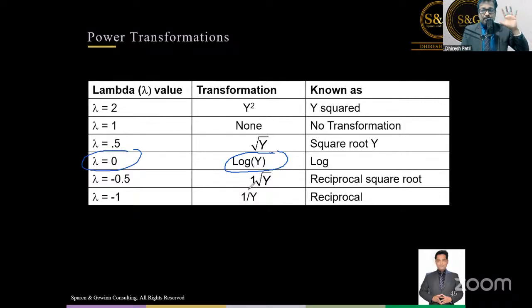How many of you remember in our school, college days, we used to use log tables? How many of you remember log tables, especially the people who have studied in science? Do you remember log tables? Doctors also would be remembering because you have done 11th and 12th, right? Science mein. So log tables we must have seen. I think in some of the schools, even 9th and 10th standard also, we use log tables, log books. Yeah, log books, log tables. Log and anti-log, absolutely right.